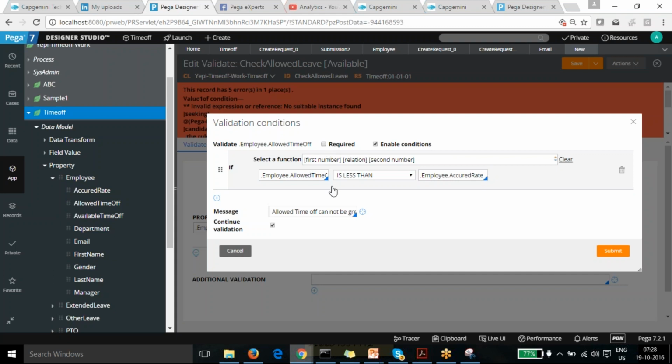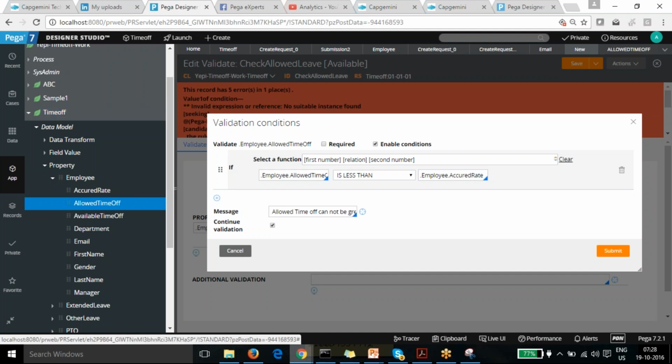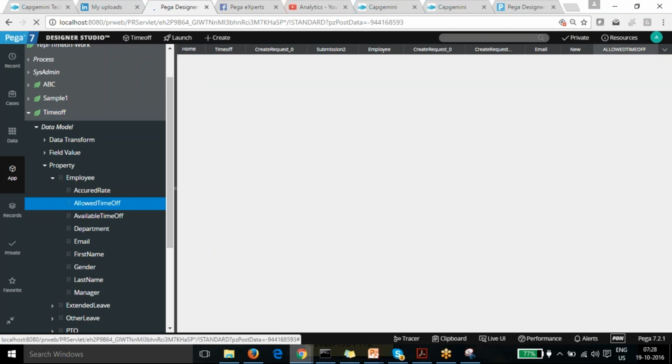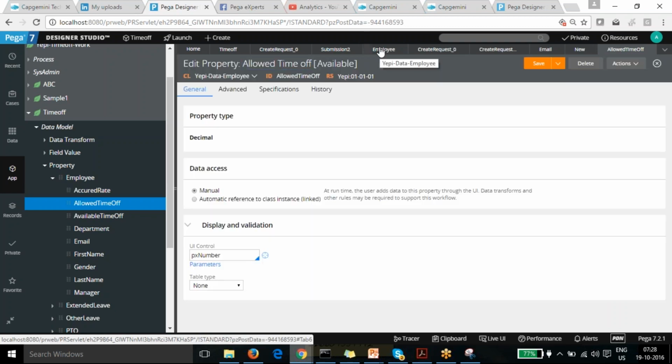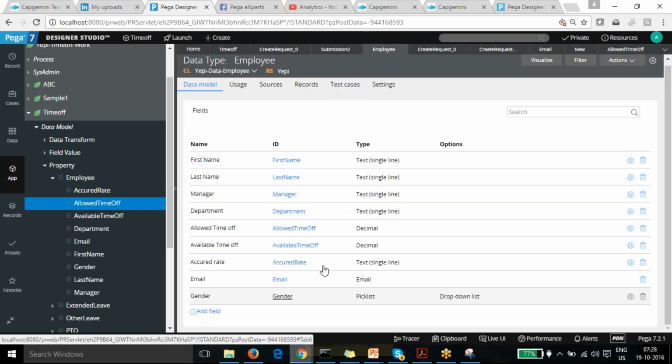Is the property defined as a number value, like allowed time off? Yes, I think I mentioned, all are defined as decimal. Okay, I'll just take it from one place. Oh, okay, that's the problem.